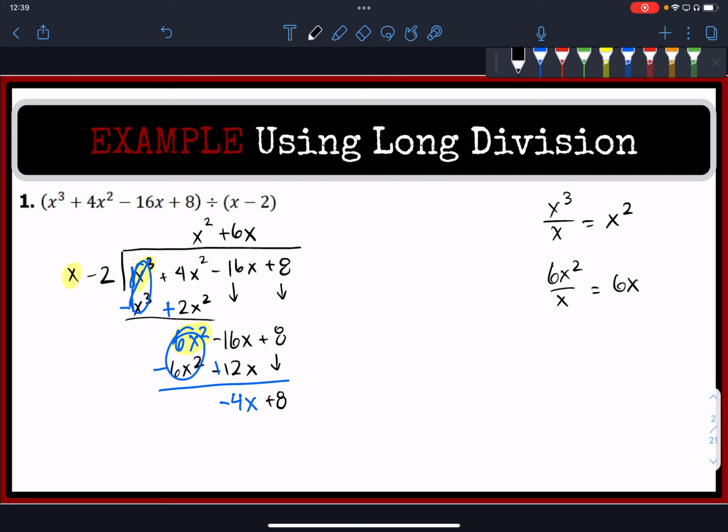We do this one more time. So how many times can x go into negative 4x? So divide negative 4x by x, and that's negative 4. The answer to that is negative 4. And again, the same procedure. Multiply negative 4 with x minus 2. That's going to be negative 4x